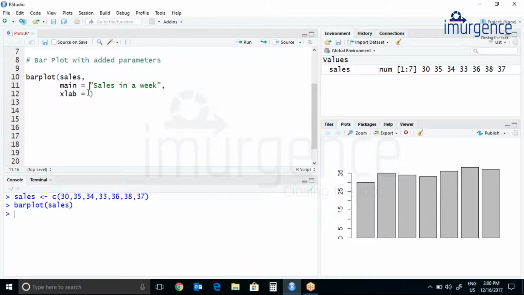Let's add xlab as days, then our ylab as sales. Put a comma again.